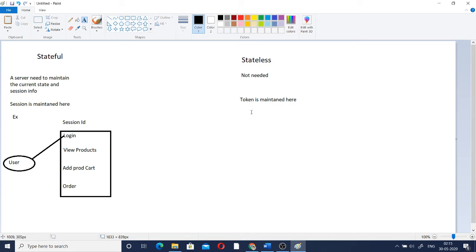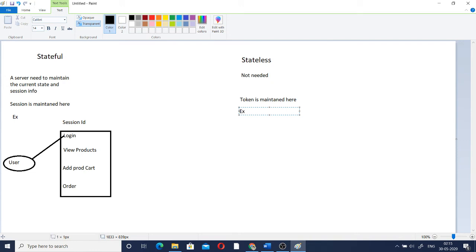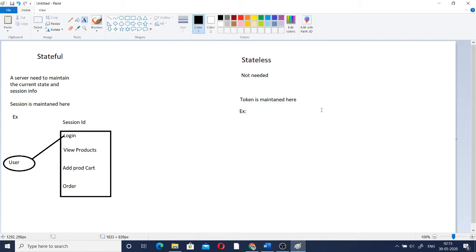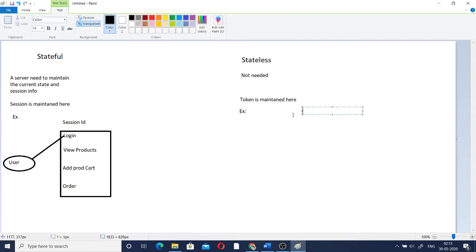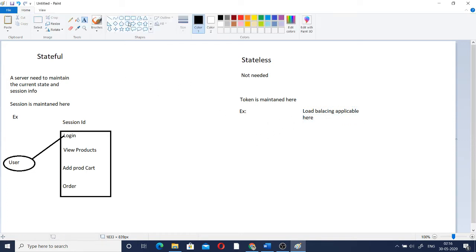So in stateless, if we see the example, the load balancing is applicable here. How it is possible, I will explain with the same operations.